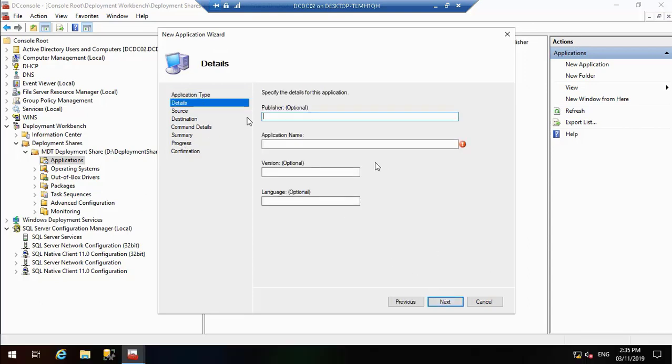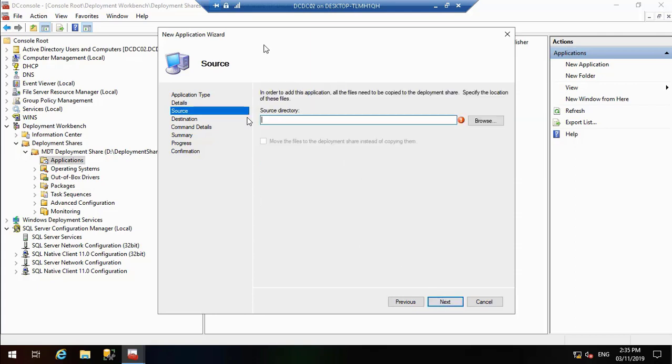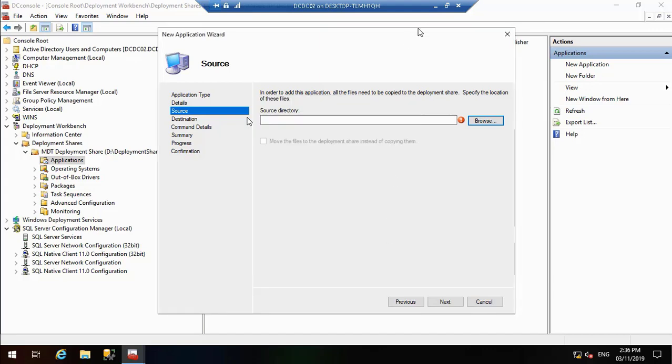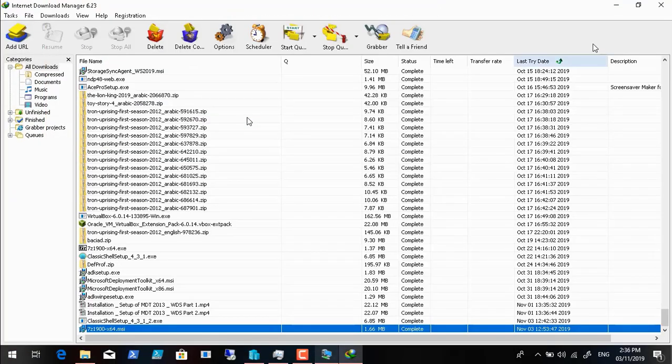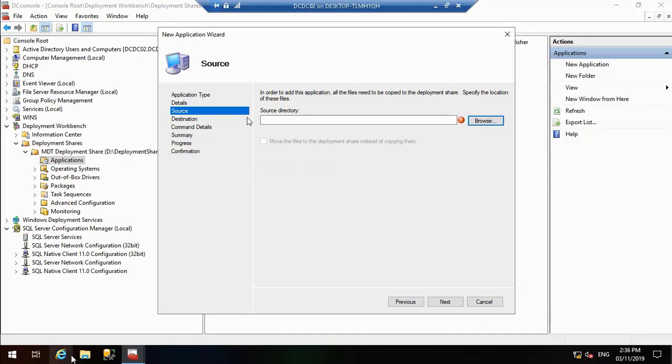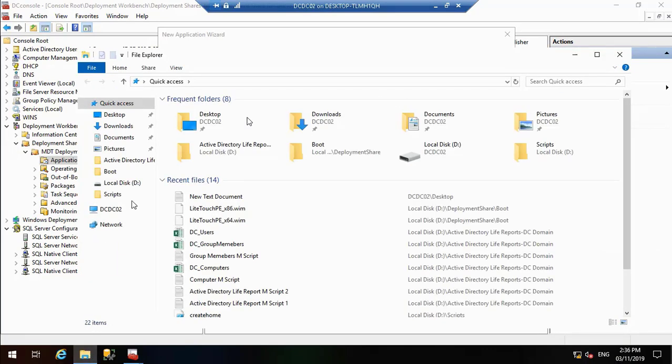So here you are telling it the program name, 7-zip, and then 7-zip again, and then we will tell it the source directory. Here we have our source directory, where the installation files are, and you will see that the source files are in